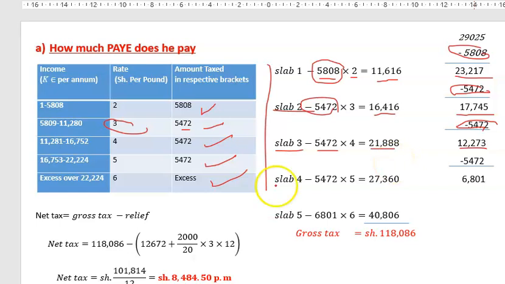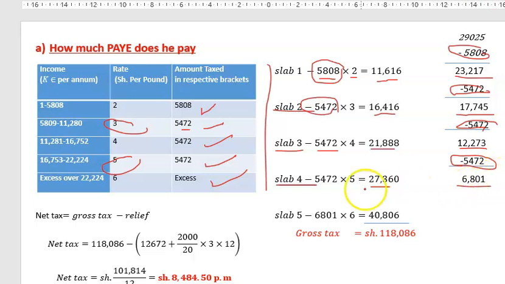12,273. I move to slab 4, and under slab 4, I'm supposed to tax 5,472, and I'm multiplying by 5, and by so doing that, I'm getting 27,360. Then again, I'll subtract that I've taxed, which is 5,472, to remain with